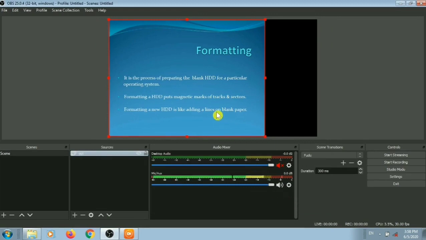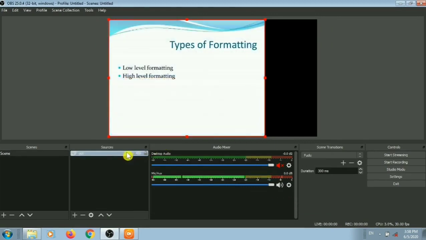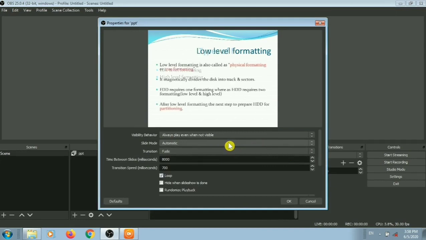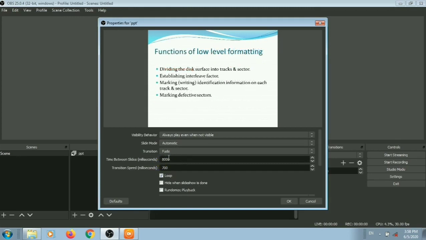You can change the sequence of slides by clicking on one and using the move up or move down button. If you don't want any slide, just select the slide, click on the minus button, and click on OK. If we want to change some settings, we can also check the properties. So this is the slide mode. By default it is automatic, so it automatically changes the slides after the default 800 milliseconds.